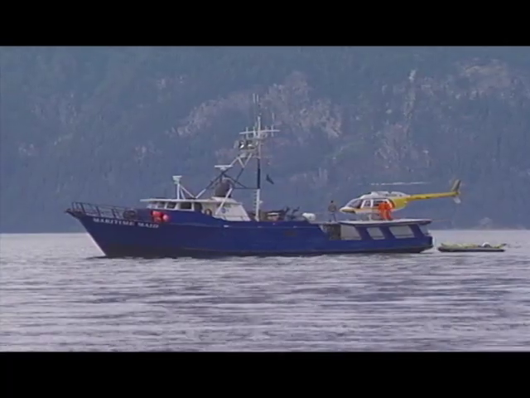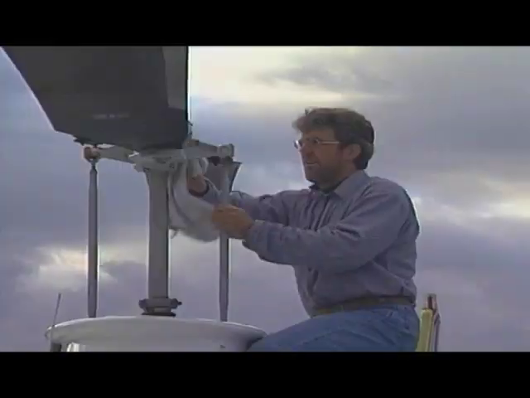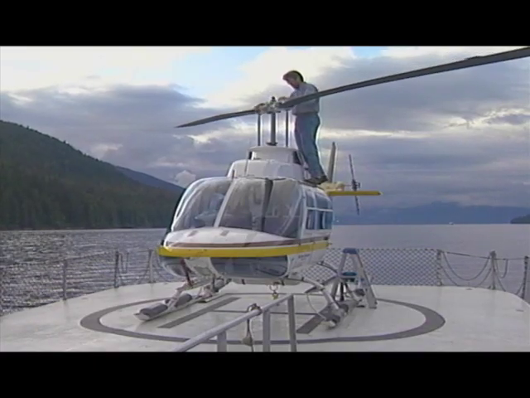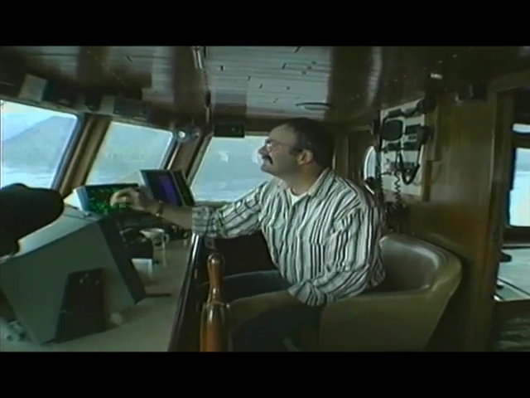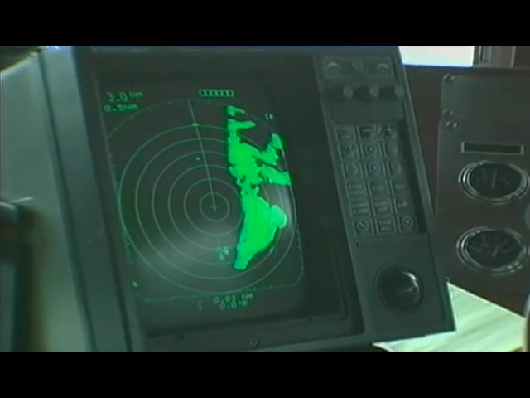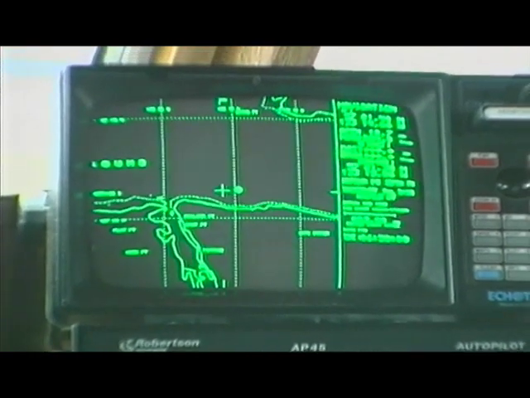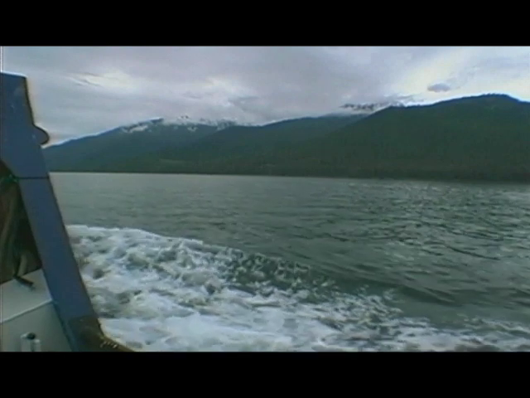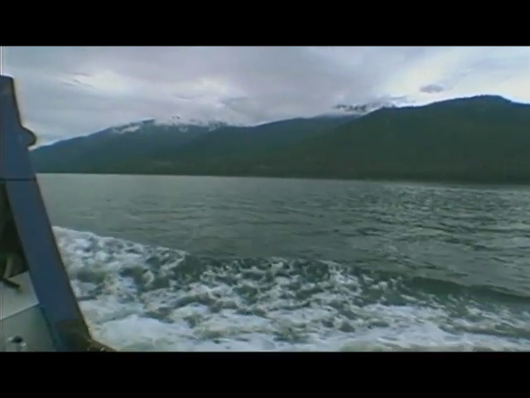The boat we have on contract right now will sleep 20 people. It comes with a crew of 5, including a skipper, engineer, a deckhand who's also a helicopter mechanic, a cook, and a helicopter pilot. And while a boat is not cheap on a daily basis, the ability of it to move around quickly, transporting crews, supplies, helicopter, and fuel to our locations really pays off in the long run. We're putting in some of the lowest cost plots we've ever inventoried in the state of Alaska, here in the southeast area, largely because of the use of this boat.